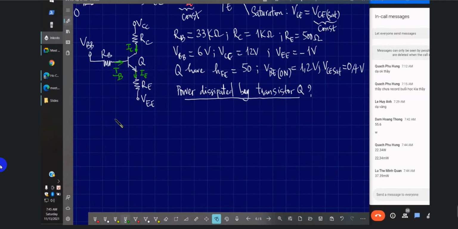So the first equation should be IB plus IC equals IE. So that is our first equation. For the second equation, we draw a line. We apply the